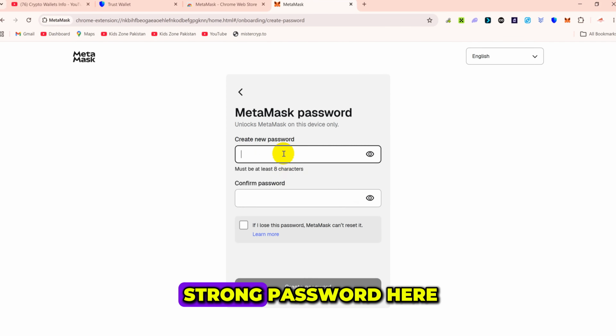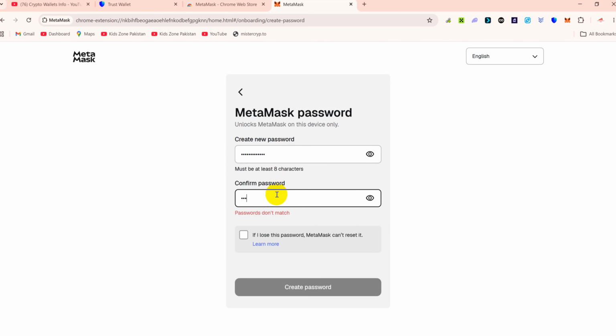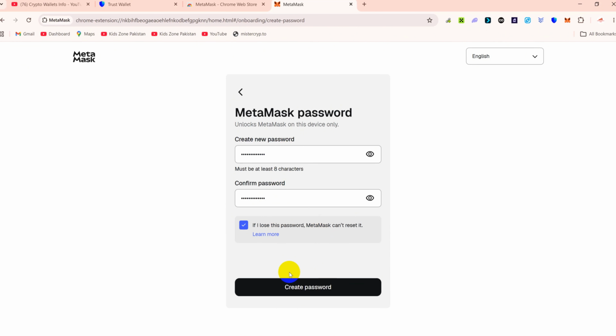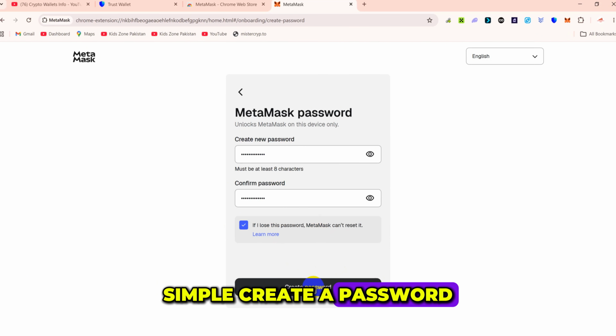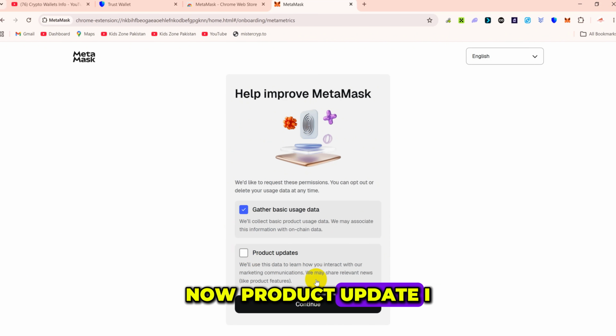Now enter my strong password here, which I want to apply. Click on it. Simply create a password. Now product updates I don't need. Open a wallet. Now as you can see here, I have successfully imported my Trust Wallet with MetaMask.